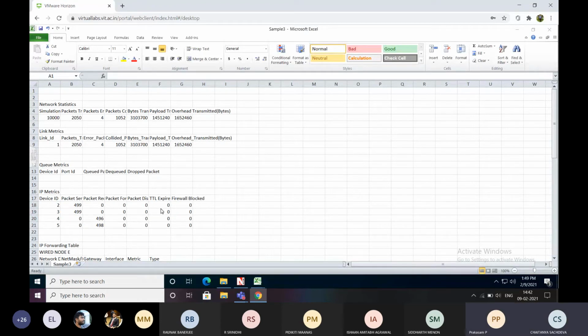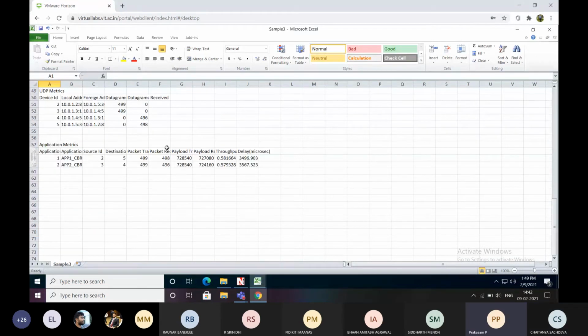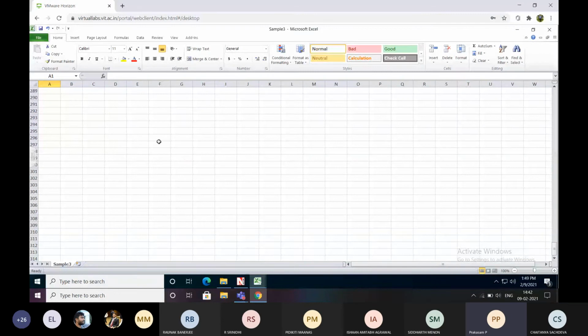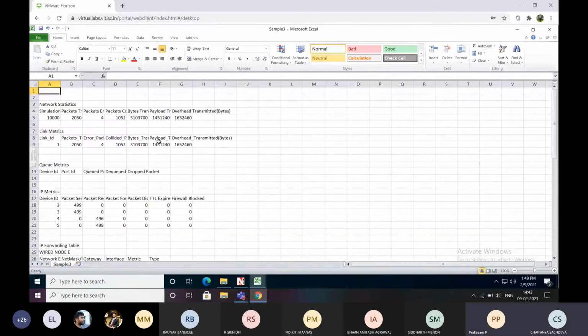It is in the last. Come to the last. Throughput is in the down. Yeah, it is coming. Throughput and delay. Now it's coming. Now everything is going. Scroll down, that throughput and delay. Got it. Okay. Very good.